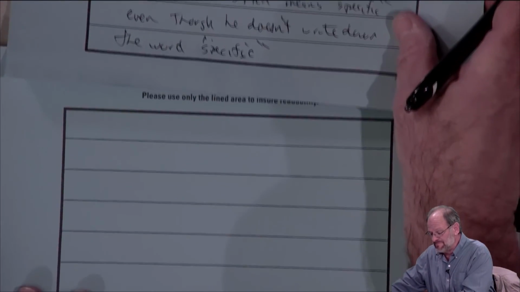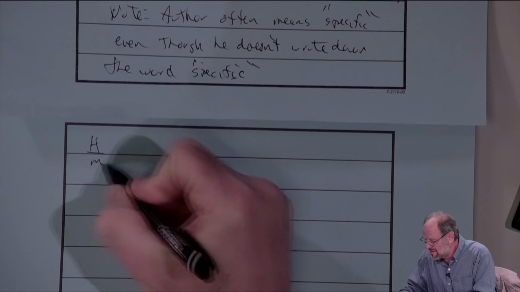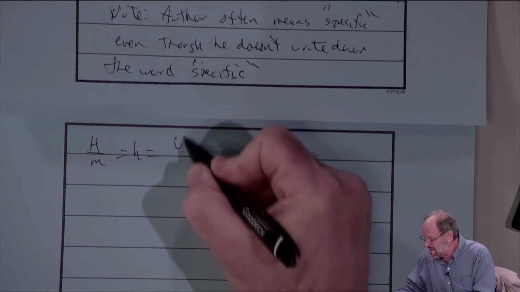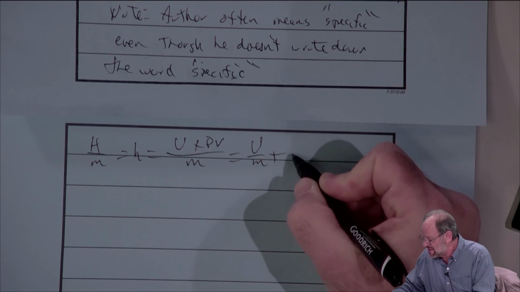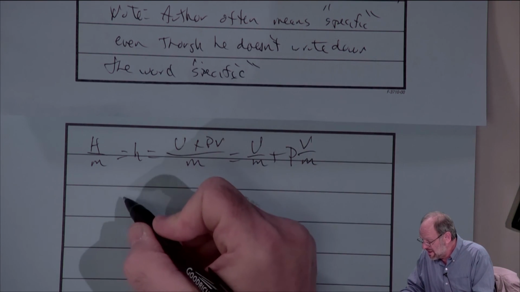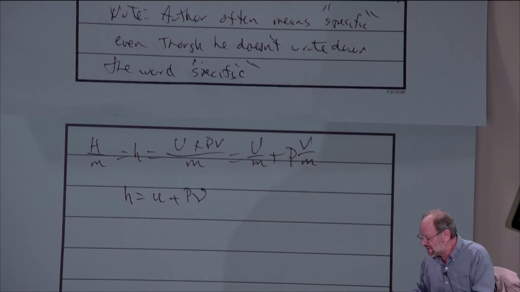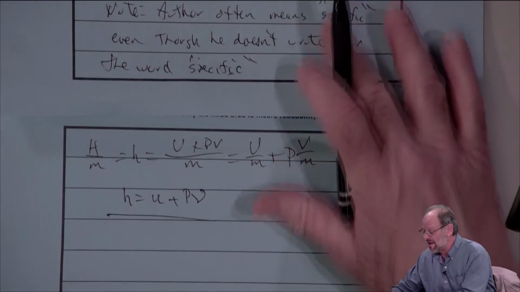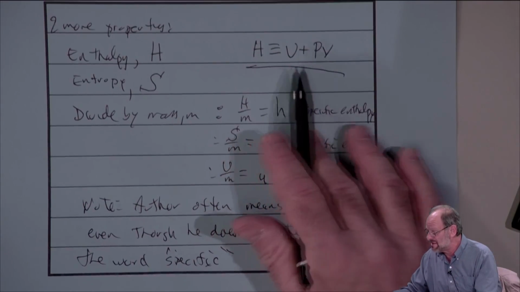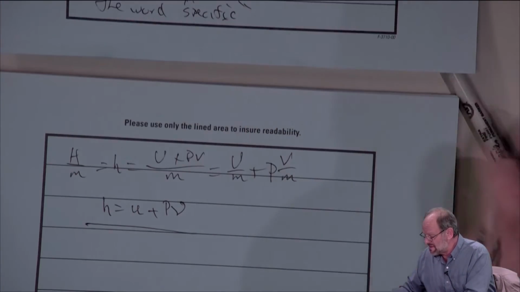All right, so anyway, if we have our enthalpy term and divide it by mass, then that's the same as U plus PV divided by mass, which is just U over the mass plus P times V over the mass. And therefore, h is just going to be lowercase u plus pressure times lowercase v, right? So this is just another alternative way of writing enthalpy. Enthalpy certainly is defined as capital U plus capital P, capital V. These are all capital letters. But we can also divide out the mass and then just write it in this fashion.